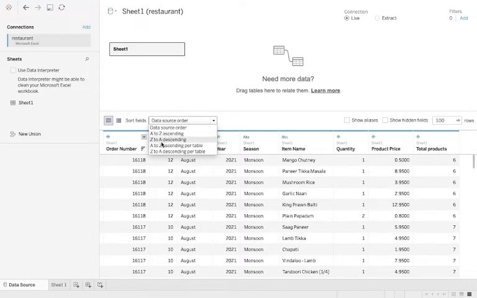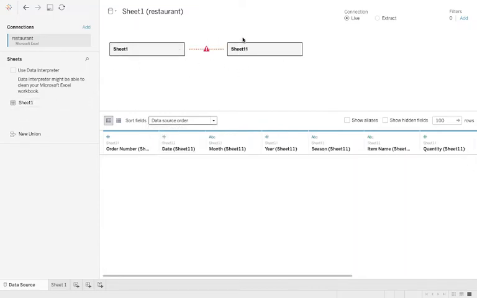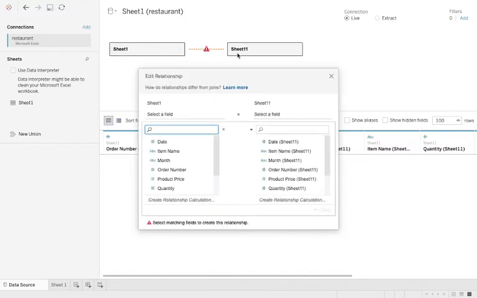You can do it from Z to A, descending order, then A to Z ascending per table, which you can use when you are actually working on more than one table. So you can basically join more than one table here. I'll just show you how you can do that. All you need to do is drag a particular table. I dragged this table here, but obviously you can't actually have a union of both the tables, because then all the columns here will be absolutely the same.